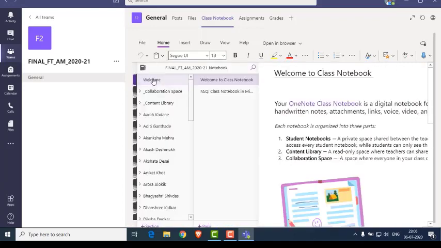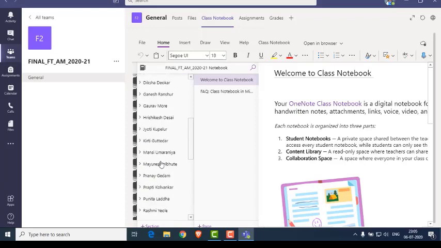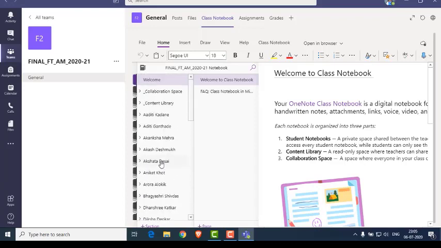Now, very interestingly, I'll just click on this. While clicking, you will find there's a welcome tab, and with the welcome again you will find there's a collaboration space, content library, and the students' names which have been shown here. These are the students which we have added earlier.